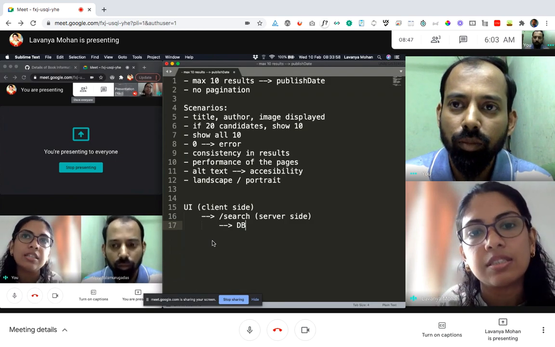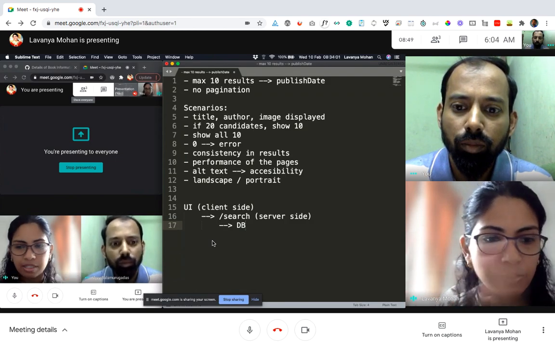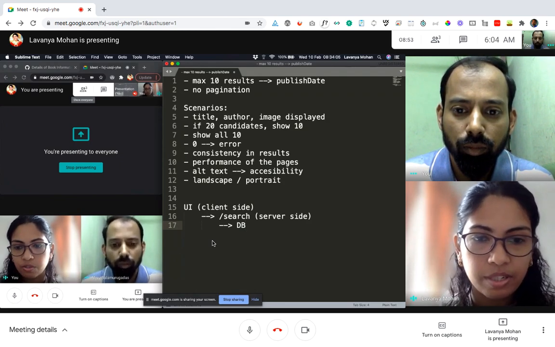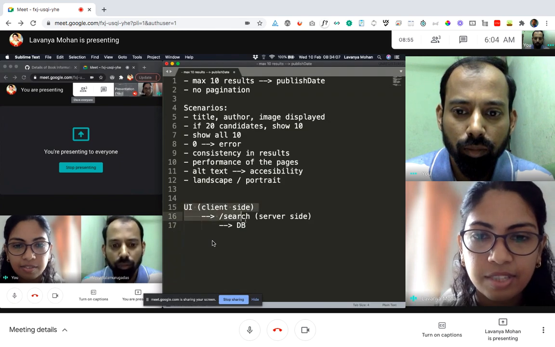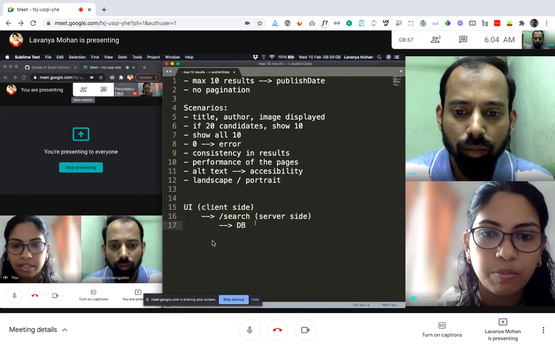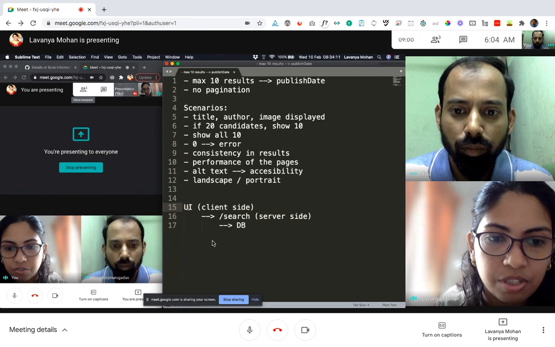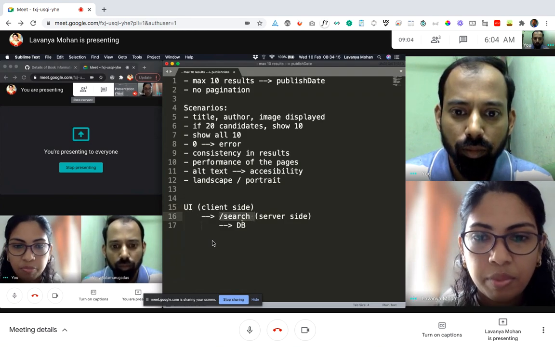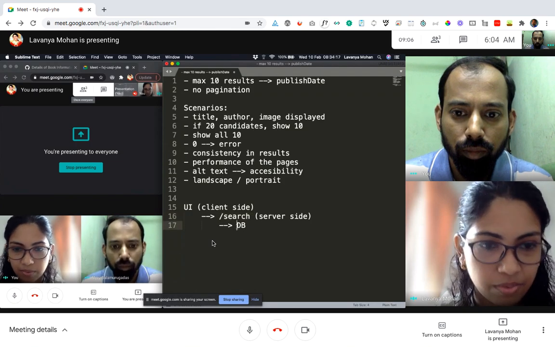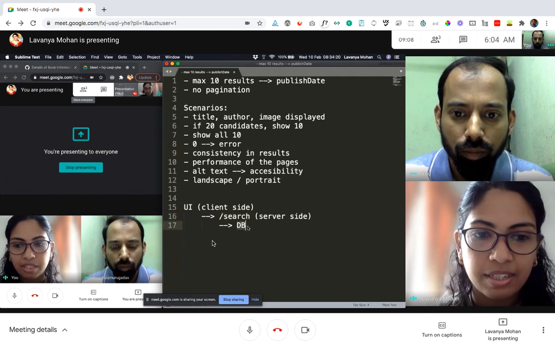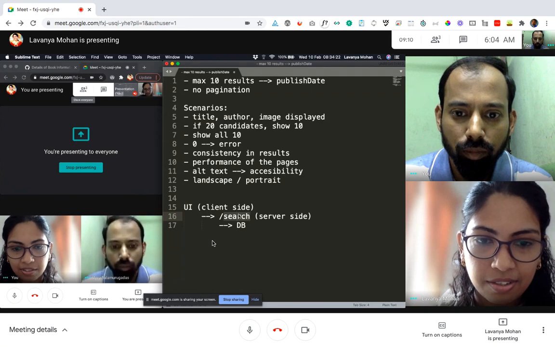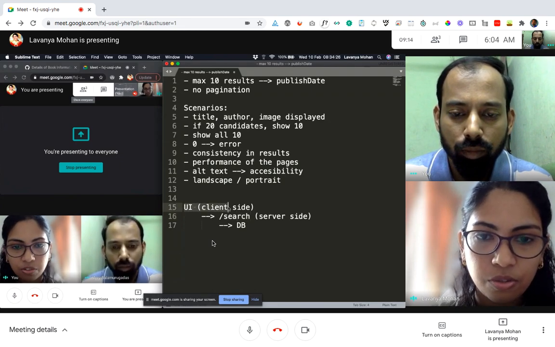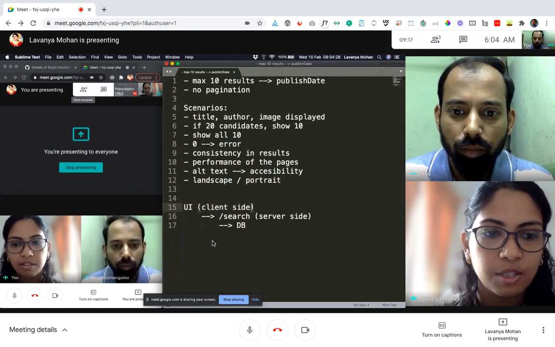Now let's say how the database is populated is probably some other system which helps us do that. But assume that some data is already present, and this would be our typical workflow: when we search for something on the UI, it makes an API call to the server, and the server searches for something in the database, returns that, and then it returns it as an API response to the UI, and then the UI just displays it.